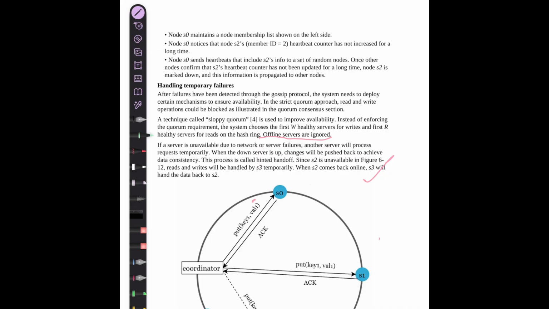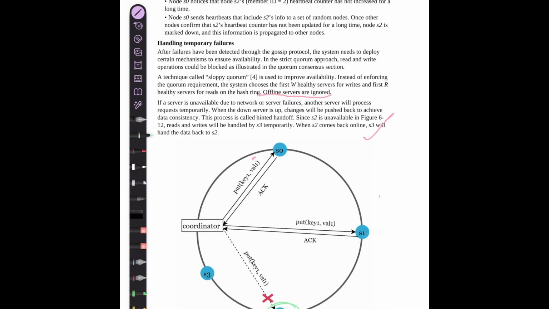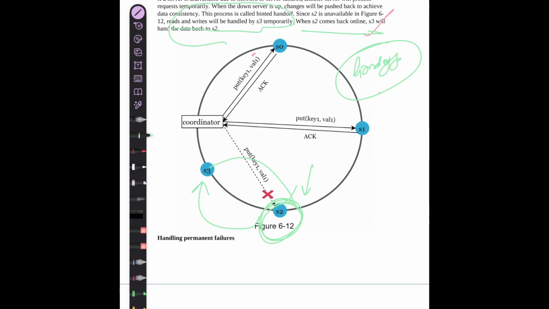Okay. So now how do you handle temporary failure? For the time being, for example, S2 has died. What will happen is all the writes or the reads that are directed to S2 will be redirected to S3, and once S2 gets back up, S3 will update the state of S2. So in a very abstract form, you detect that S2 is dead. How do you detect S2 is dead? You don't receive any heartbeat from it for a significant time. So temporarily all the reads and writes are handled by S3, and when S2 comes back, S3 hands the data back. This is known as hinted handoff, handing off the task to S3.